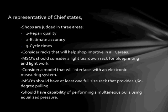Chief, the representative, gave us some information, and from their perspective they wanted to emphasize three particular areas: repair quality, estimate accuracy, and cycle times. They're saying that you should consider a light teardown rack for blueprinting and light work. Interesting, that seems to be a common theme developing here for the blueprinting process. But Chief's suggestion is to consider more traditional drive-on racks for all of those needs. So they're suggesting a light teardown rack for that, and a larger one perhaps for the heavier hits and more